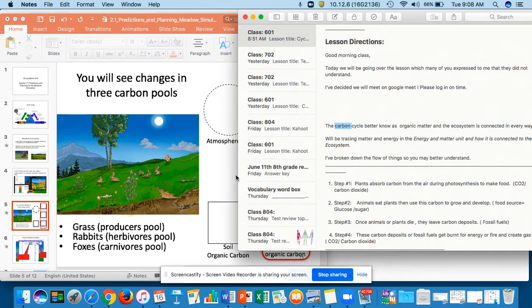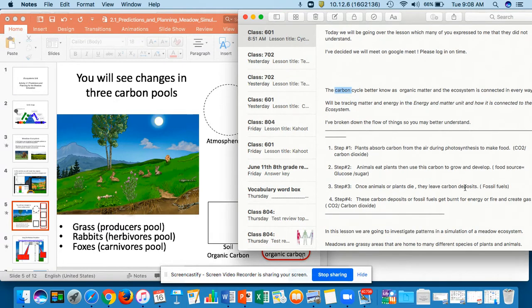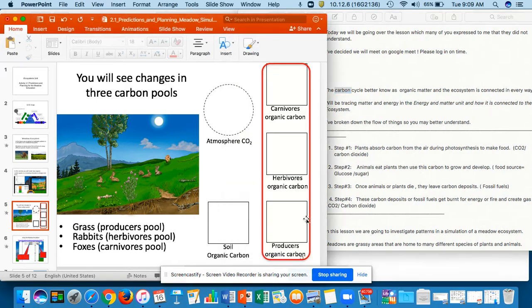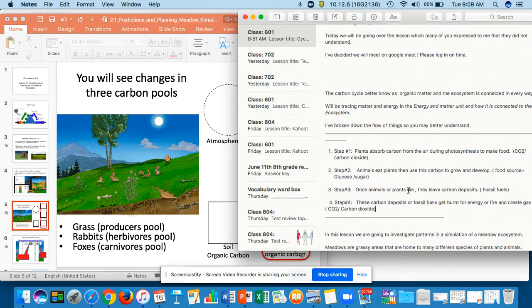What happens though when these plants and animals die? Well, guess what? We're going to have large deposits of dead fossils or waste. This carbon, over time, will go underground. Producers, remember that, like plants, herbivores, animals that eat plants like rabbits, carnivores like humans. All of us have organic carbon. When we die, we will leave large deposits of carbon. Over time, this will become fossil fuels. So this is why we get the term fossil fuels, because these large deposits of carbon will become petroleum, gasoline.